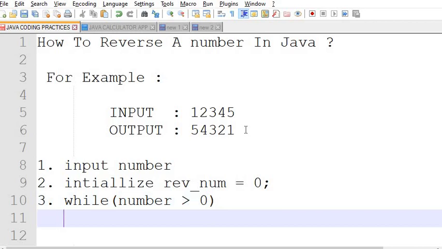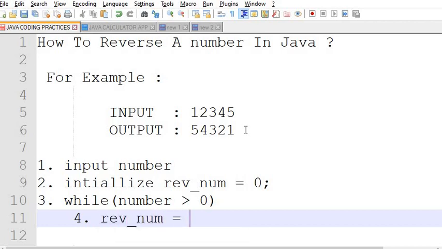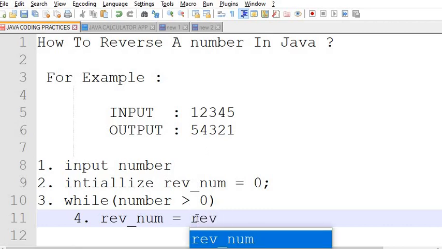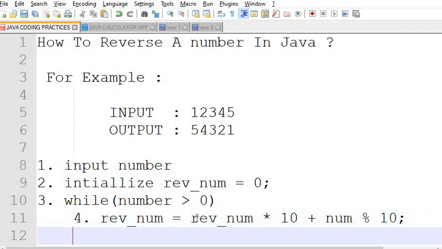Inside the while loop I will perform operations like this: the reverse number value will be updated, where the reverse number will be multiplied by 10, and I will add the remainder of number modulus 10.